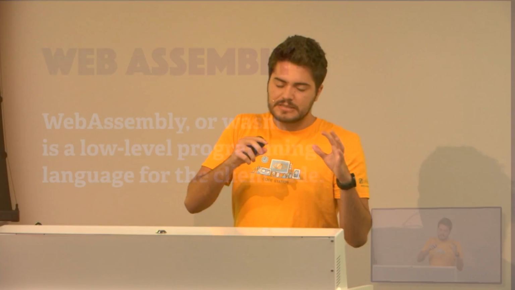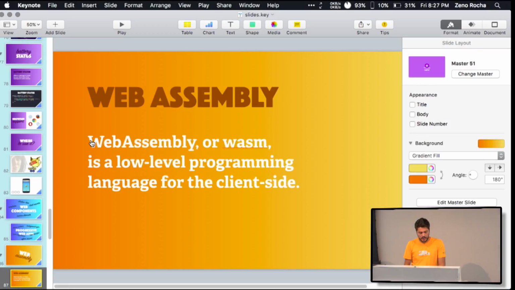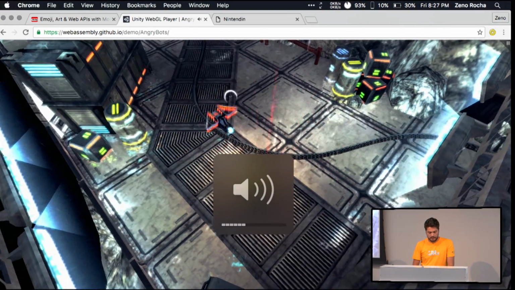One of the APIs that is coming is WebAssembly. This is a really low-level programming language for the web. The idea is that you can run really complex code and really powerful things, like a game like this